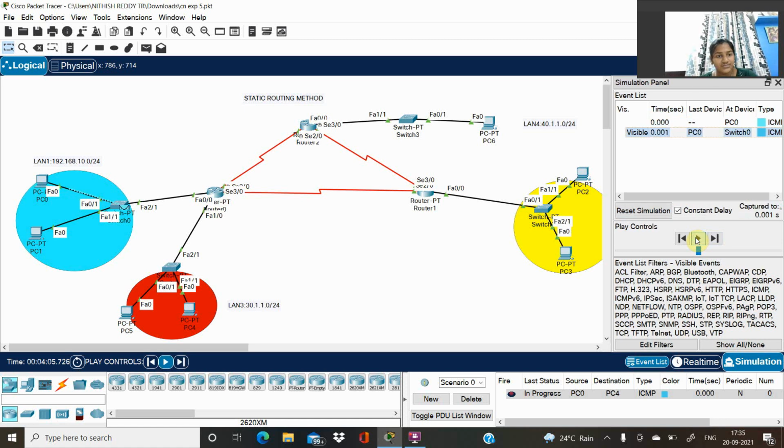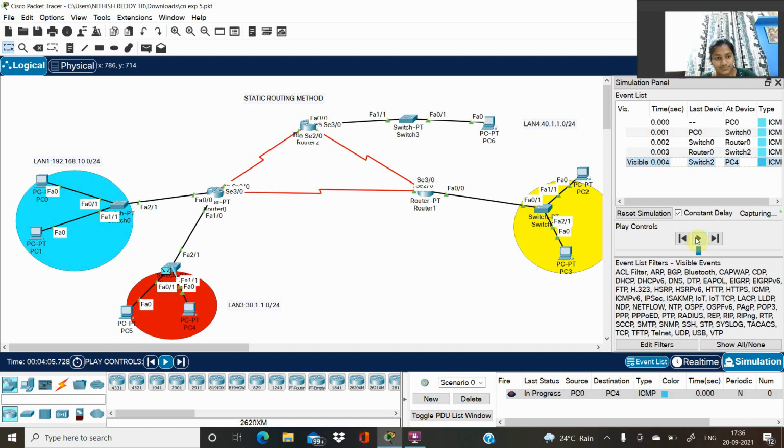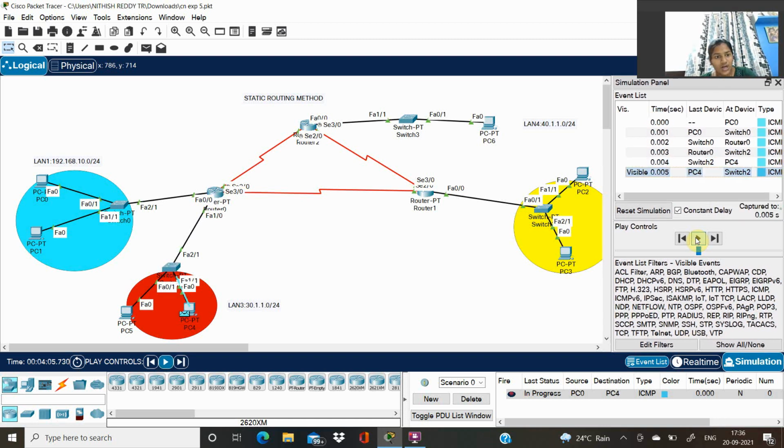First it is sending from PC0 to the switch, then from the switch to the router, from the router to the switch again, and to PC4. From PC4 again to the switch, the router, the switch, and then PC0, and it is showing successful.